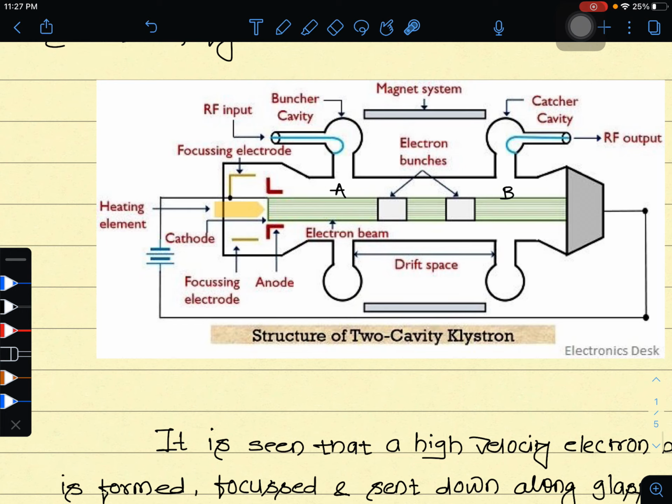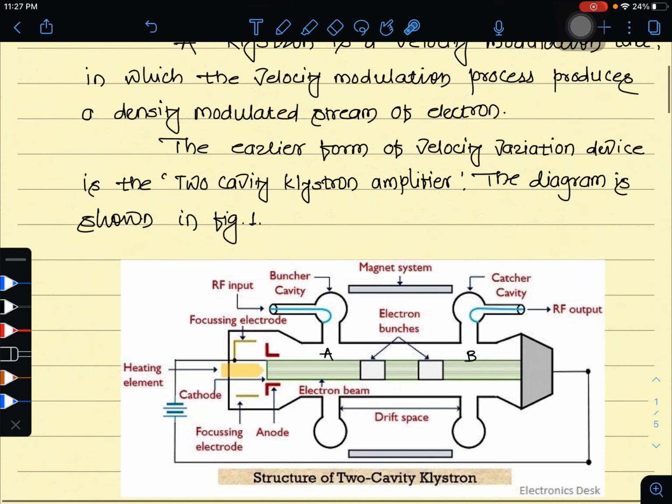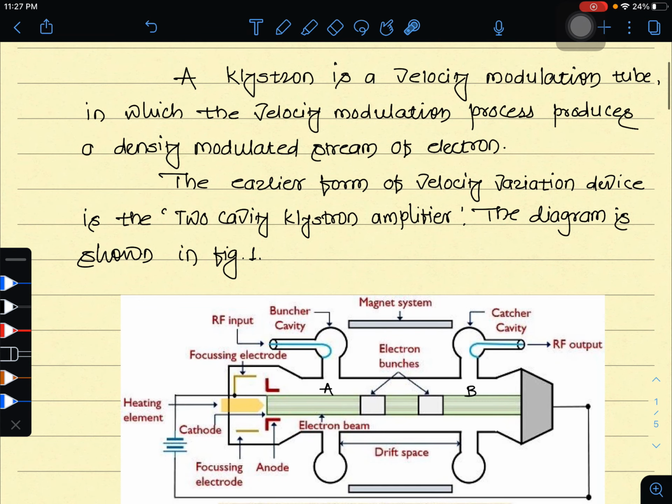Okay, now this is the investigation of the effect of the gap voltage upon the individual passing electrons. I know this is quite difficult to understand. That's why I am completely focusing on the drawing explanations. Now let us see finally, in a few words, the explanation of that diagram.